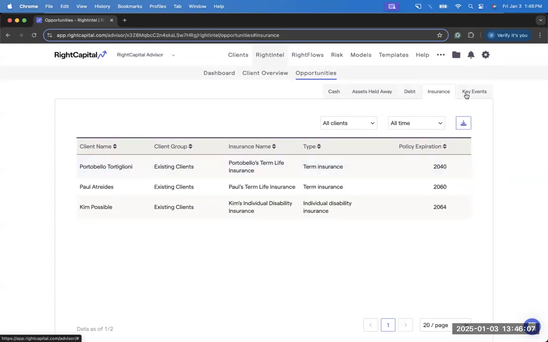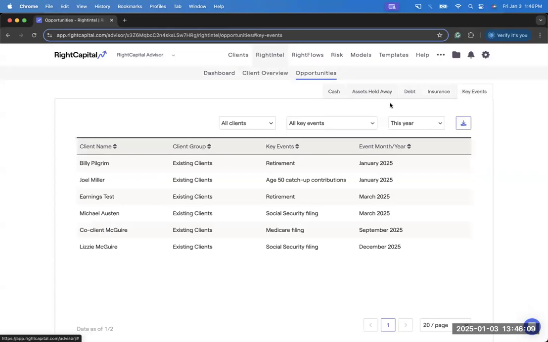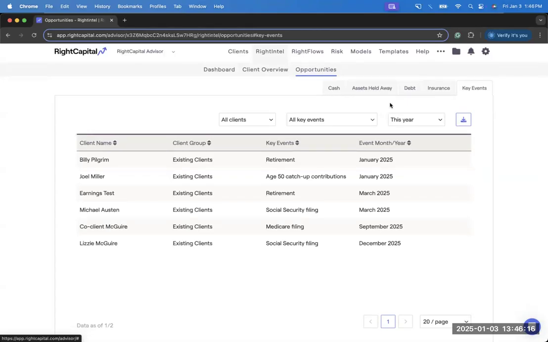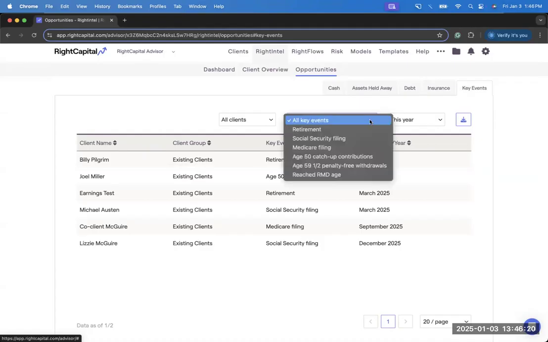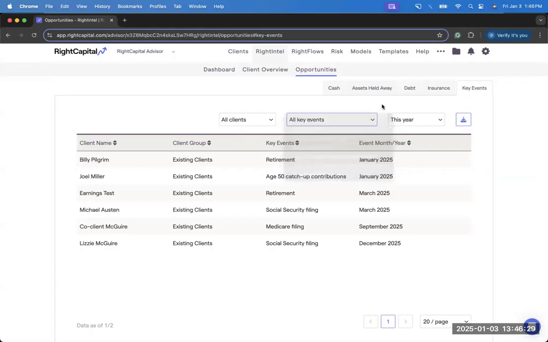Lastly, we have our key events tab here. And this is the one that's most directly impacted by the turn of the new year. This page will display key events like retirement age, Social Security filing age, Medicare filing age, all of the things that are listed here. And we can see the exact year and month that these things are occurring, which can be really useful in identifying which clients have major life events and milestones occurring within the next month or within